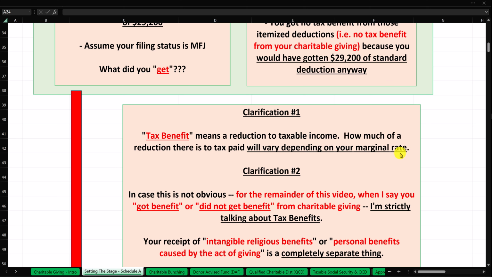What ultimately goes into the amount of tax you paid calculation is going to have a lot of moving parts and variables, and tax benefit can also mean that as well, but we're going to use it to generally mean a reduction to taxable income, which is going to be consistent for everybody. And then clarification number 2, just in case this is not obvious already,